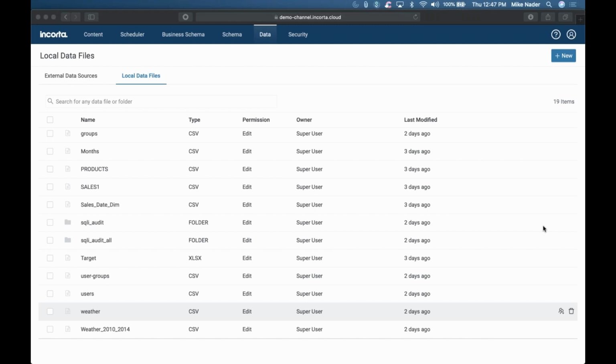I'm going to load both of those. I want to set up the relationship between the two data sets. And then I will make sure you have the ability to work with the data structure that's created inside of Incorta. But what I just did there, the action of going in and simply